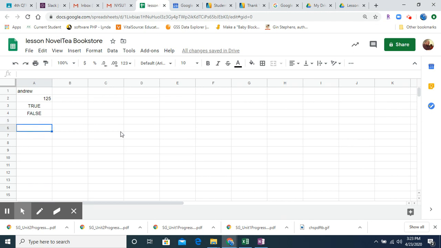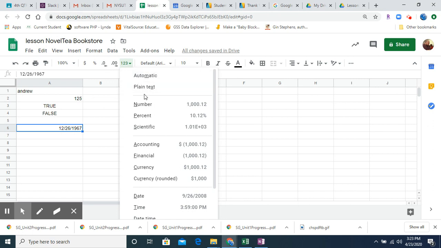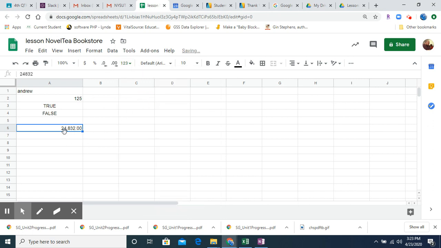A special one is date. I'm going to type in my birth date here. And when I hit enter, notice that goes to the right-hand side. And the reason it goes to the right-hand side is because it is a number. In fact, these are my number formats here. If I pick a number format, I could tell I was born on day